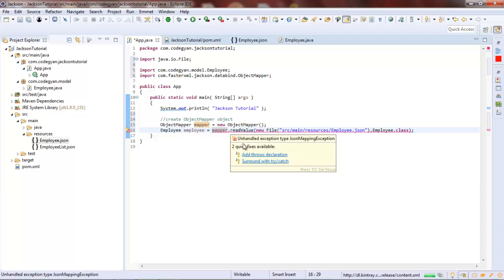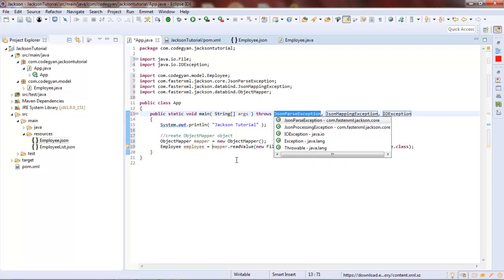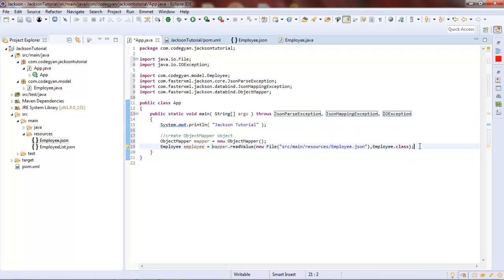For this, there are two ways: either we can provide a try catch, or we can just declare the throws declaration. For now, we can just go ahead with the throws declaration. And now let's print our employee object.